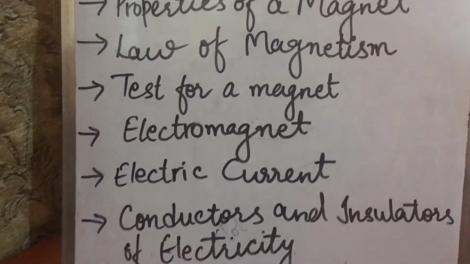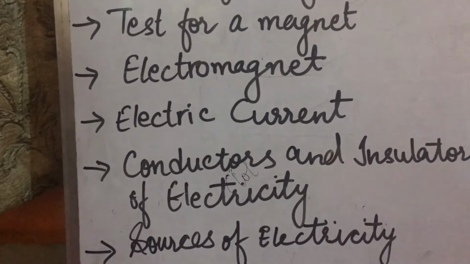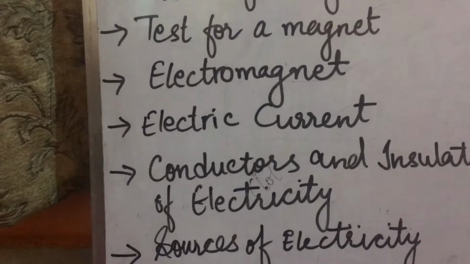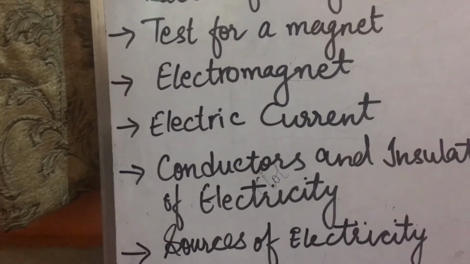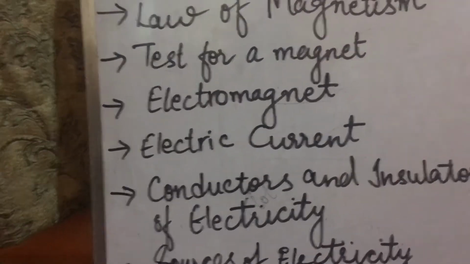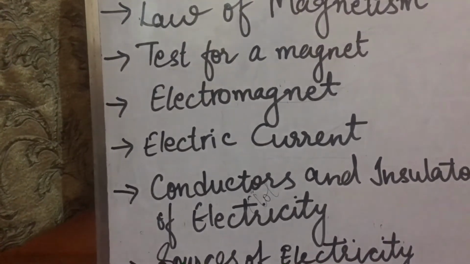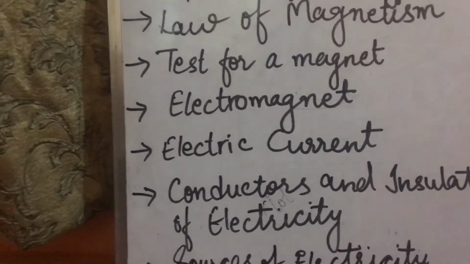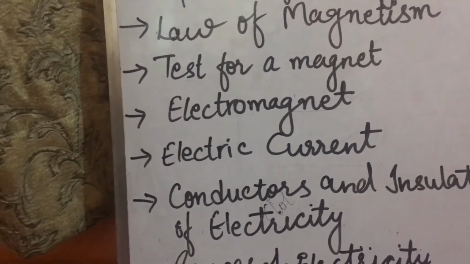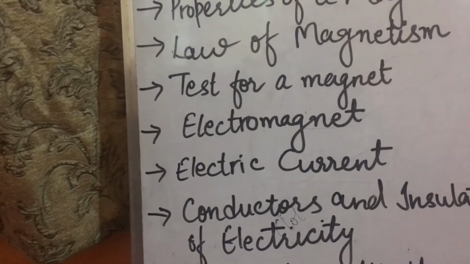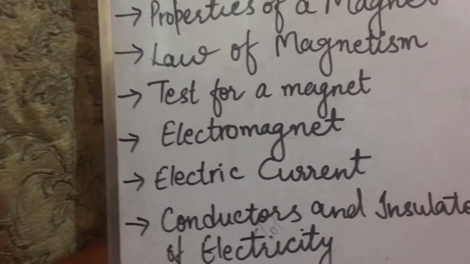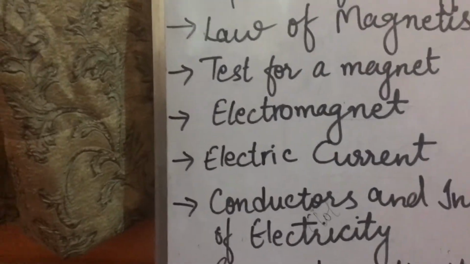Okay, children. Now the next and last topic for this video is sources of electricity. What are the sources of electricity? The various sources of electricity are cells, batteries, main supply, generators, etc. For a source of electricity, we use either a cell, or batteries, or the main supply. Main supply means the supply where your meter box is installed, that is known as the main supply. And generators. What is a cell?